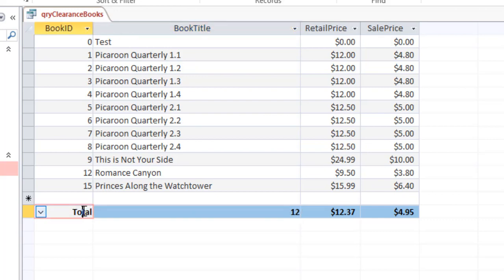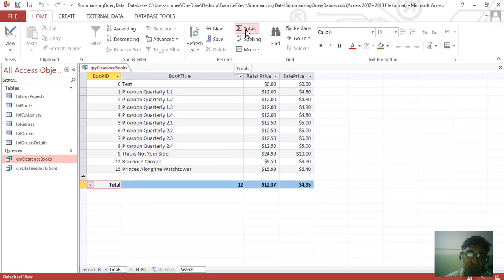Now in the most left column, we can see the total is written. When we activate this auto sum button, the total appears by default. But if we open the drop down box, we can see that for the ID field also, all those options are available which were available for the retail price and sale price, as they were numeric, and so is the ID field. And when we select, for example, sum or count from the drop down list, it is applied on the customer ID field.